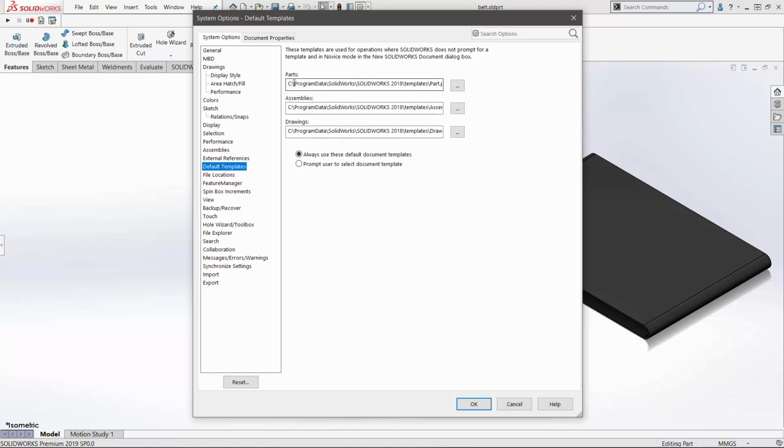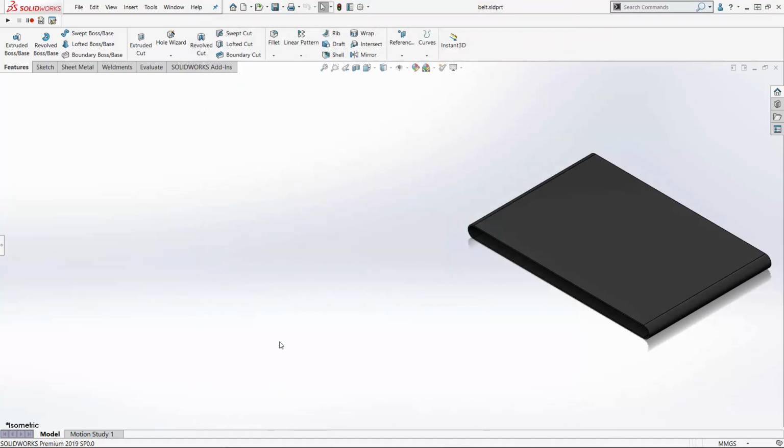So most users you'll find it's just set to a stock path, like C program data. As we know, a lot of us will have templates all over the place. Some of us have it in a PDM vault. Some of us have our templates on a network drive somewhere. But this path's always going to be there, or at least I'd say 99% of the time it's going to be there, and it's going to work. And so I like to use this call